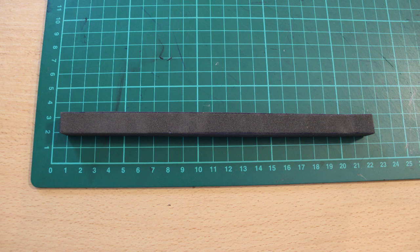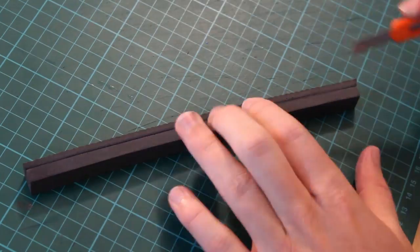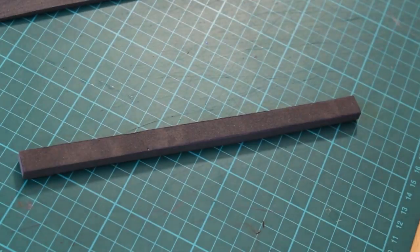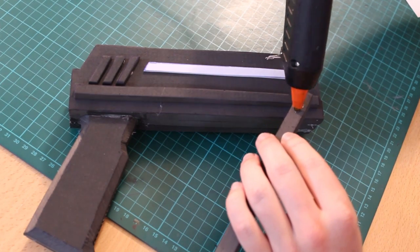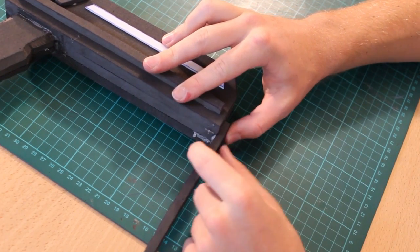Next, what you're going to do is go ahead and cut out a long strip of foam about 1/4 of an inch thick. The reason we're going to do this is it's going to actually allow us to do some bottom detail which kind of exists on the original design. But of course we don't want the textured side showing, so go ahead and trim that off, leaving it a bit thinner. Then what you're going to do is simply apply some glue at one end, and you're